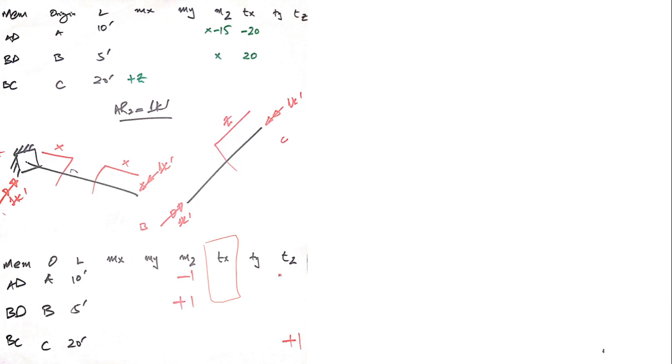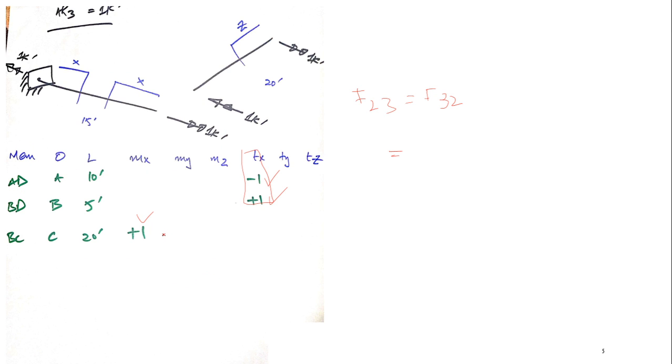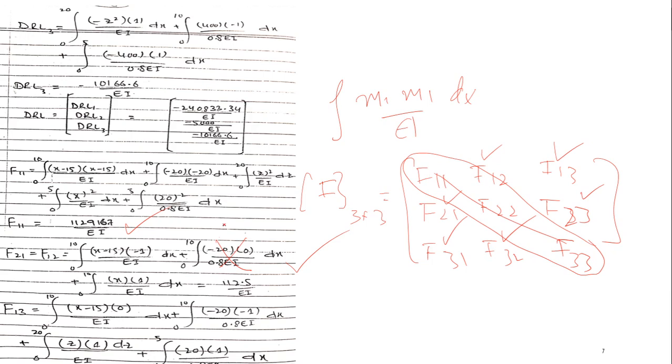Finally I have value Tz equal to 1 here, and here I have no values. So F23 is 0 probably. Yeah, F23 and F32 are 0. So it's very easy. This is F13 and it would be equal to F31,